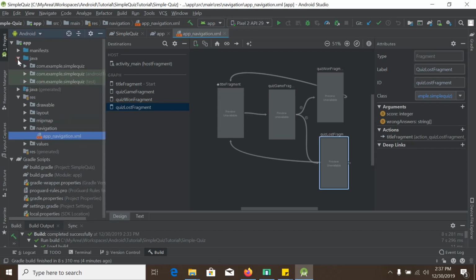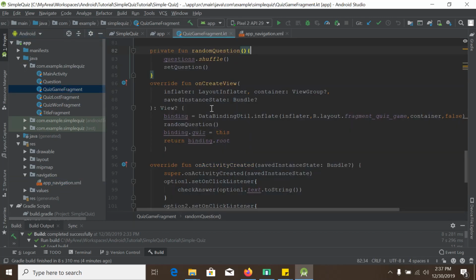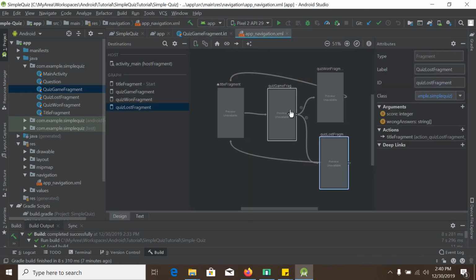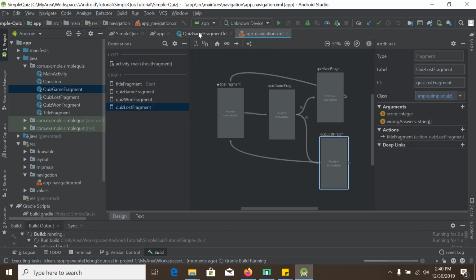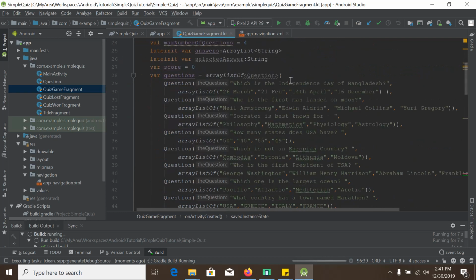Okay, we will select the quiz game fragment. I forgot one thing, as I have already said a couple of times, that after changing anything in navigation it is a very good practice to clean the project. So build and clean project. While the project is cleaning, we will do one thing. We will go to the quiz game fragment, and we will